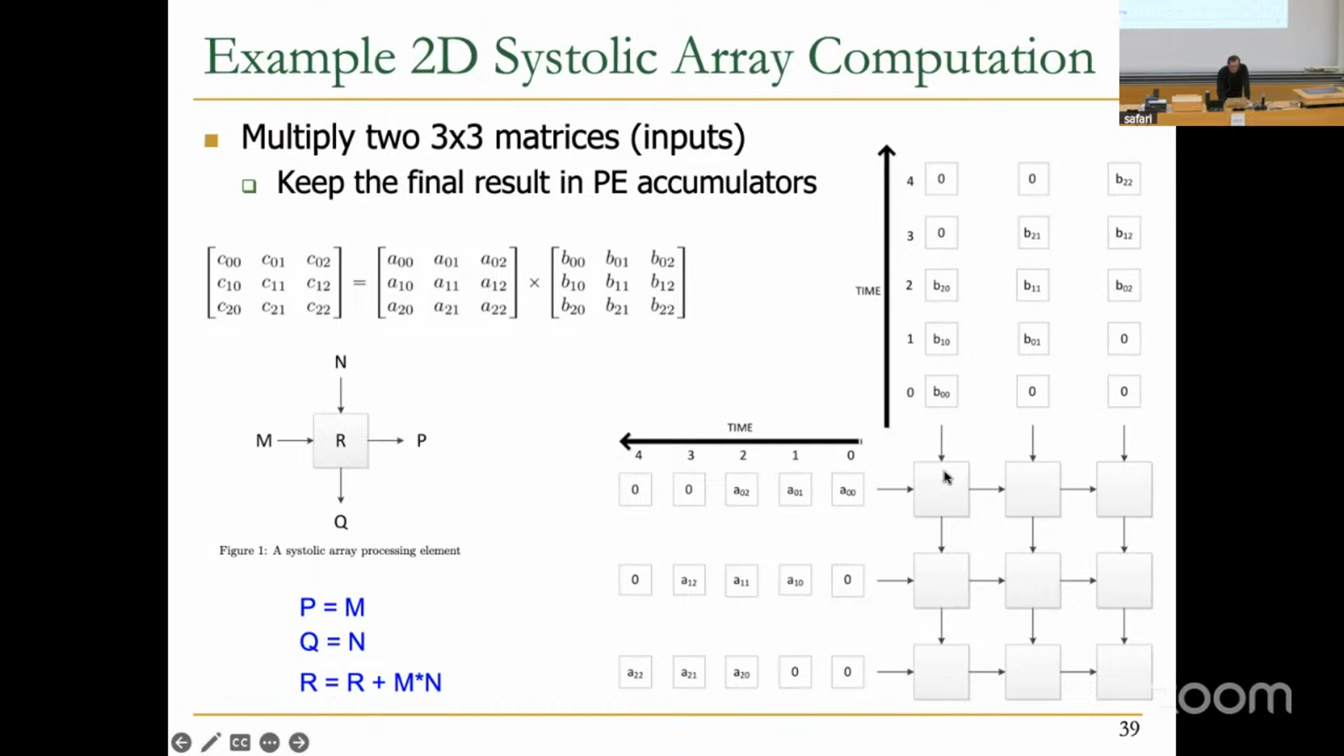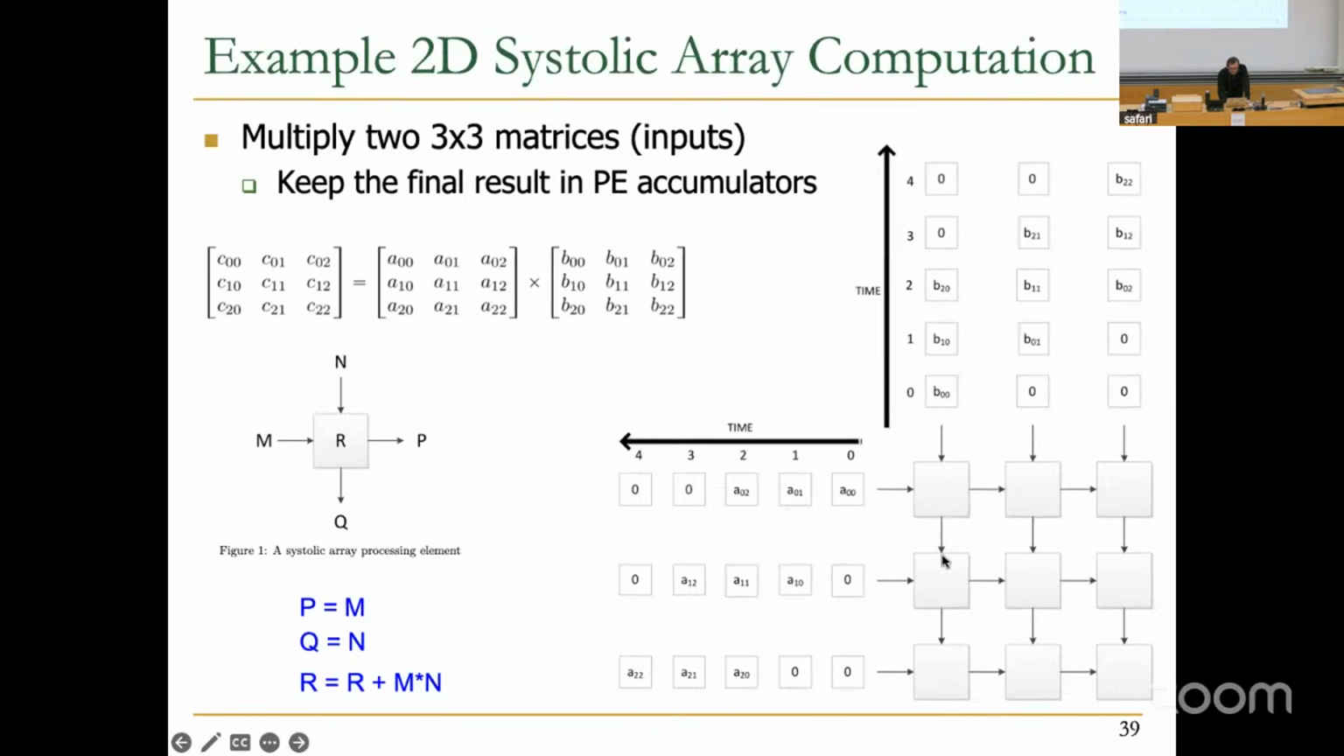And this is how we supply the data elements. Inputs, A0s, B0s, A1s, B1s, etc. And this is the time at which each element goes into the array. So let's take a look. At time 0, A00 is here, B00 is here. At that time, you compute A00 times B00, store the result over here, right? And then pass A00 here, and then